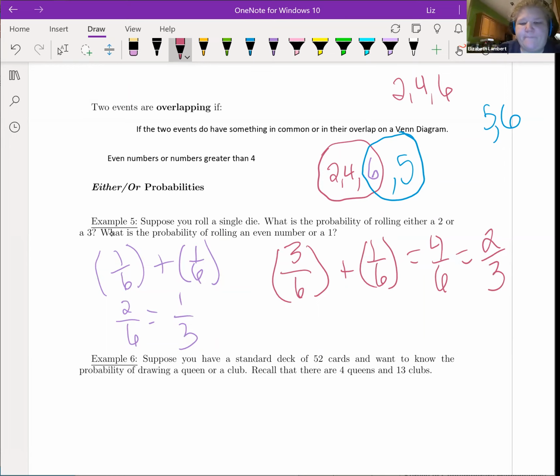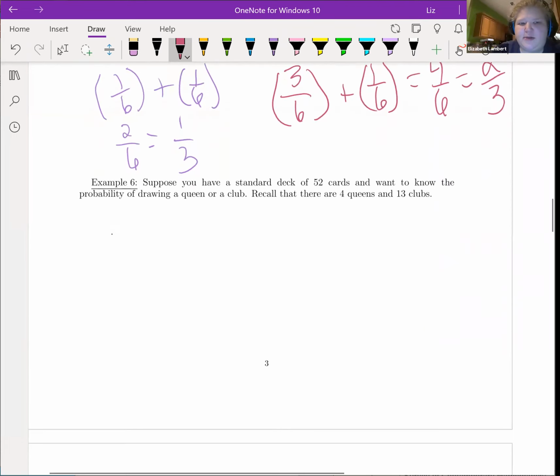Okay. Now let's deal with these cards down here. Suppose you have a standard deck of 52 cards and want to know the probability of drawing a queen or a club. Recall that there are 4 queens and 13 clubs. Okay. So when you have overlapping events,